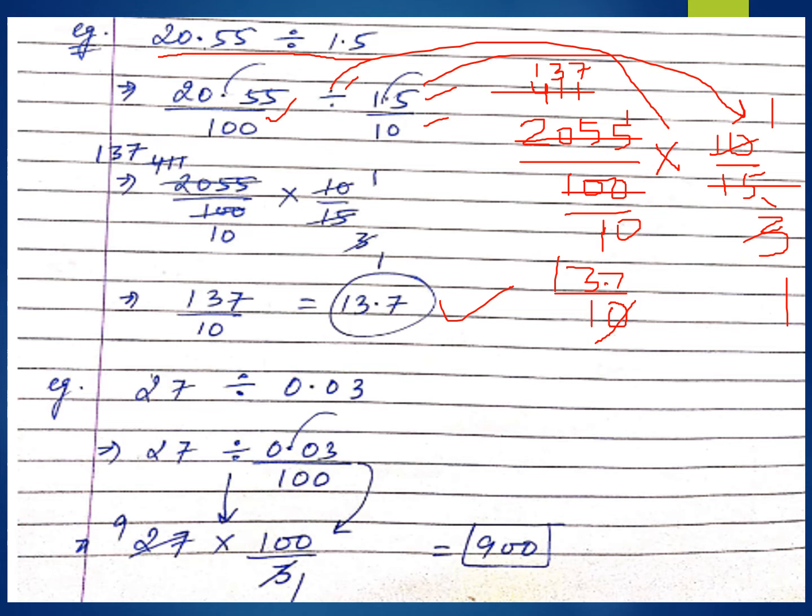Similarly, this question: 27 divided by 0.03. You can observe the same thing I have done. When you remove the decimal of 0.03, what will happen? Remove the decimal. For the decimal, 1 will come. Count 9, 1, 2. So 2 zeros will come. So the answer is 3 upon 100, like this. And finally, I have solved them to get the answer as 900. What you can do is pause the video and try these questions on your own.